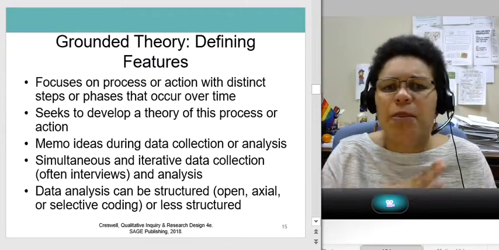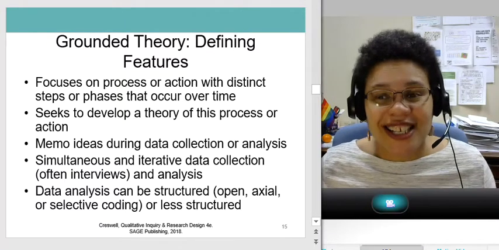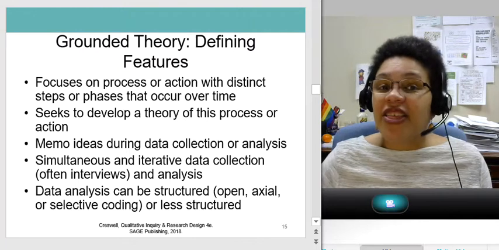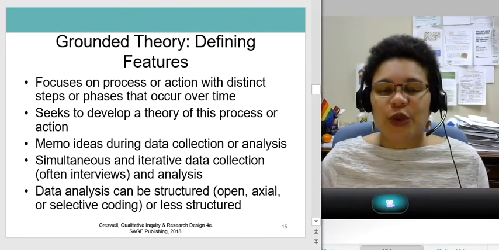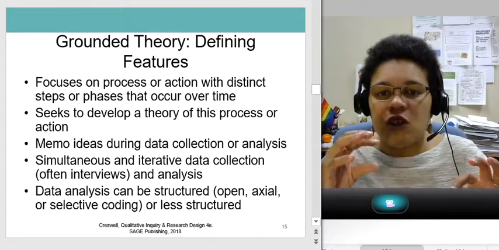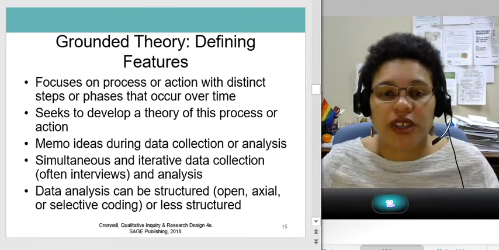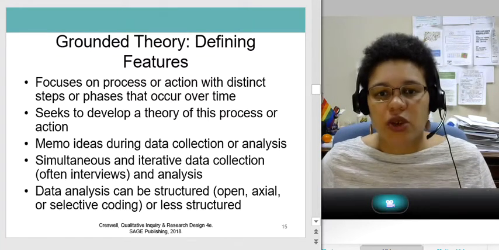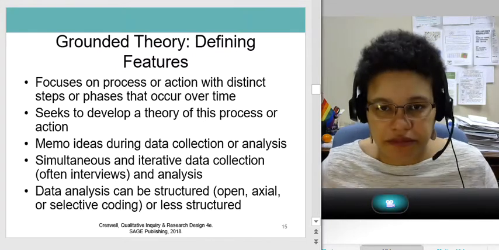Any of the pipeline ideas. It could be school to college. It could be the teacher pipeline. How do we recruit and retain teachers? There's something that follows discrete steps or phases that occur over time. Okay, we're going to develop a theory on this process or this action.